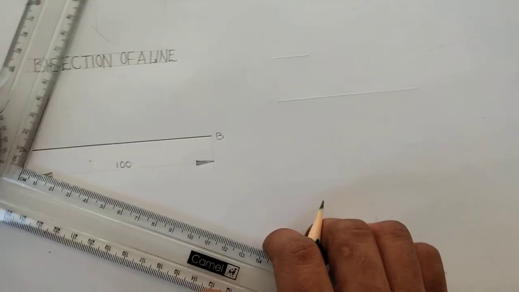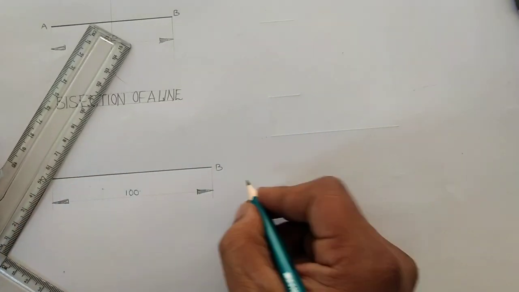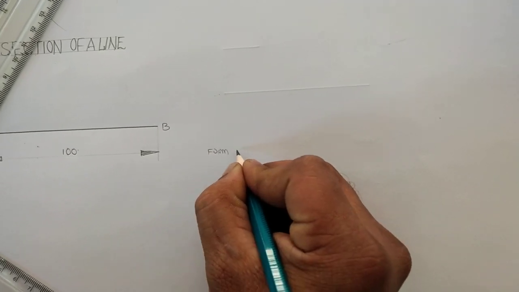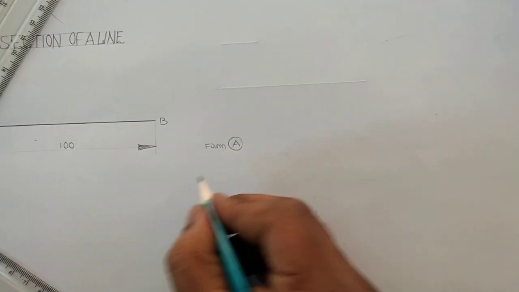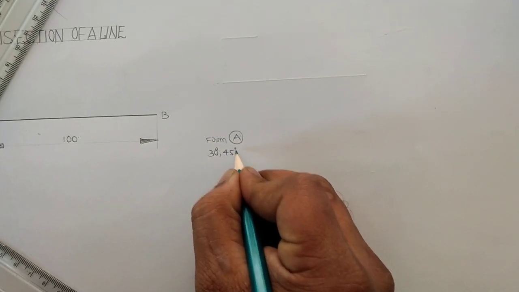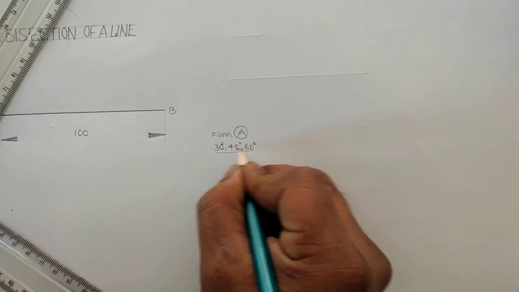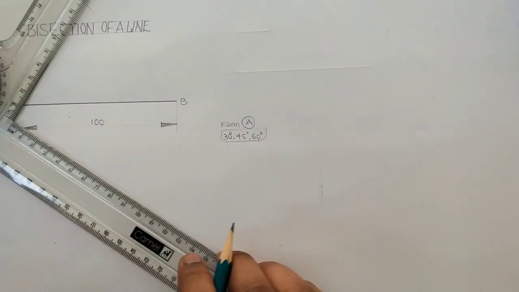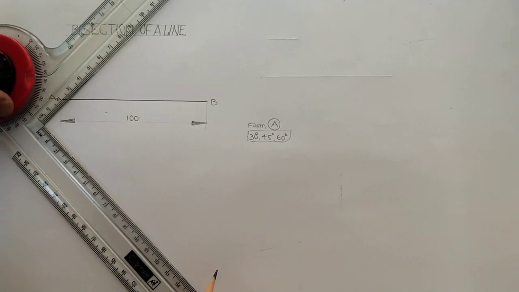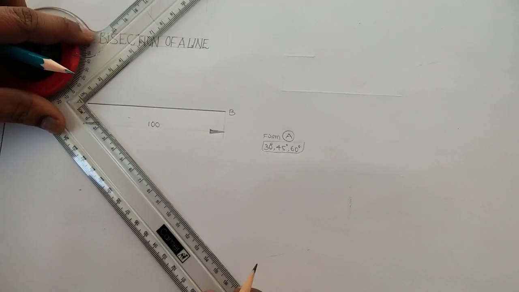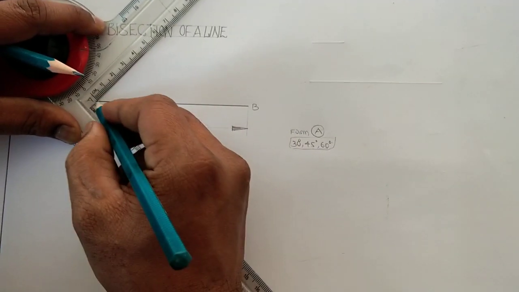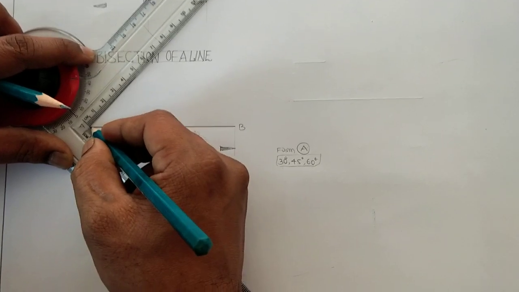Yes, after completion of this one, we can construct an inclined line from point A. That means first we can construct any acute angle, that means either 30 degrees, 45 degrees or 60 degrees. We can prepare one of these inclinations. So here I am taking 45 degrees. You can take 30 or 60 also, that is your wish. Then construct the line inclined to AB. Here this is 45 degrees. Inclined to AB, we can construct the line from corner A, that means point A.